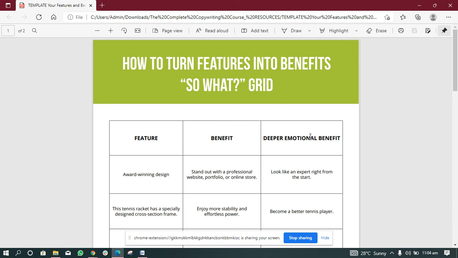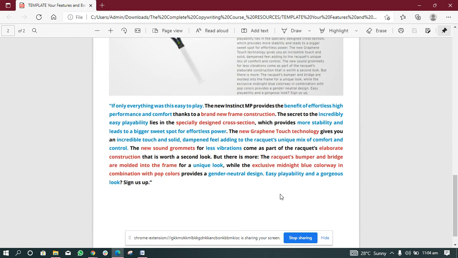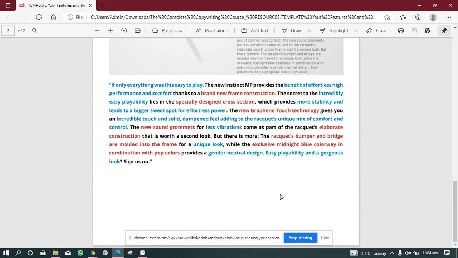Of course, if you have an additional benefit, you can add another column. If one feature has more than one benefit, start from the most obvious to the hidden, and if there's another hidden one, you can increase them. So this is what it looks like. At the end of it all, you can use these features and benefits to create very beautiful content about your product, and believe me, it's going to stand out.